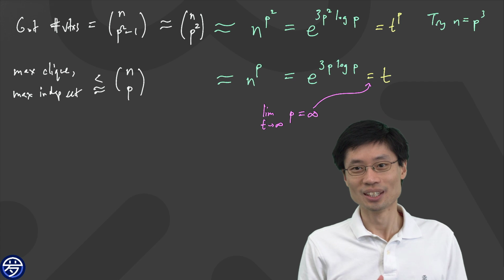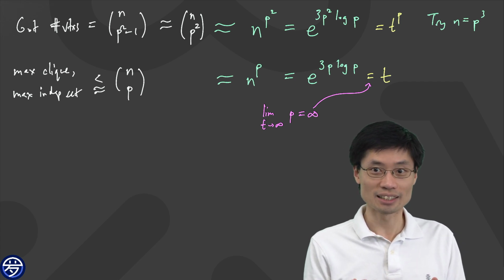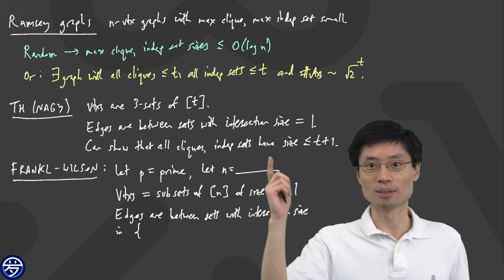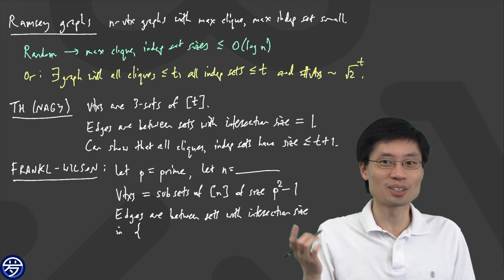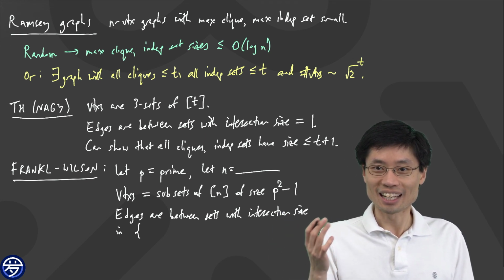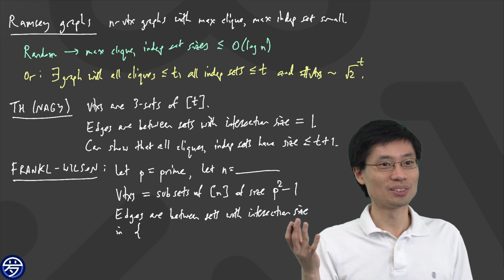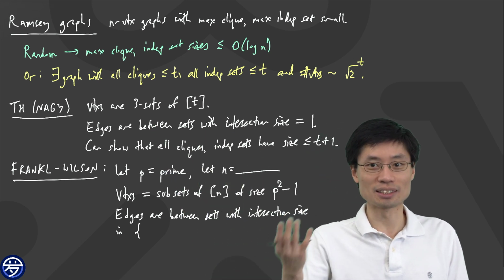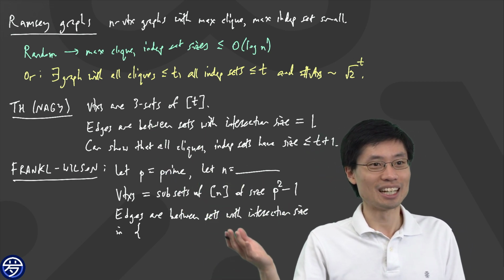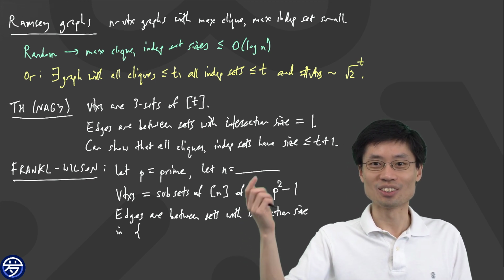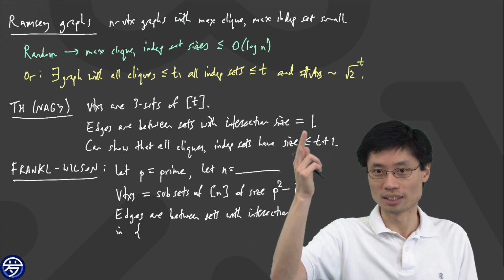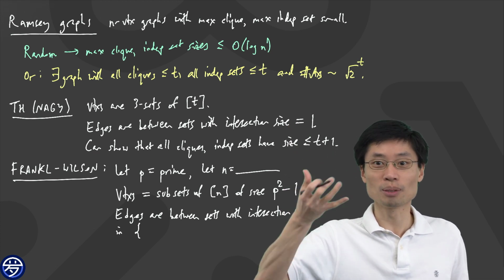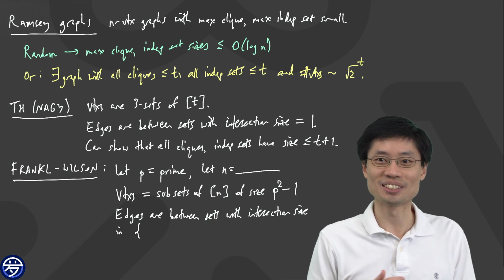Okay, so that's this. Now I also promised you that this naggy thing of the intersection sizes being 1, I told you I don't need to go and prove that. Well, the reason is because actually that logic is in here already. So if I want to look at this particular case where I have these 3 sets, which are sets of size 3, that's just a p equals 2 case. p squared minus 1 is 3. And over here, we're saying that we are going to talk about whether the intersection size is exactly 1 or not. That happens to be p minus 1. So here, that happens to be the complement of this particular construction. So okay, we just saw that too.